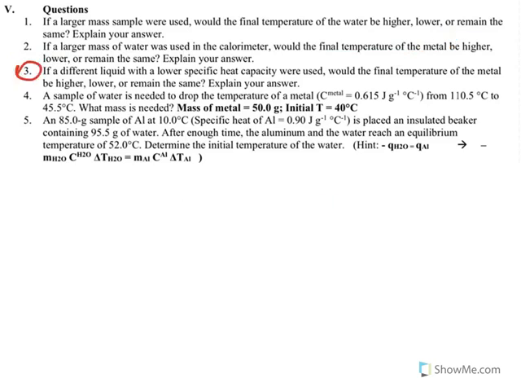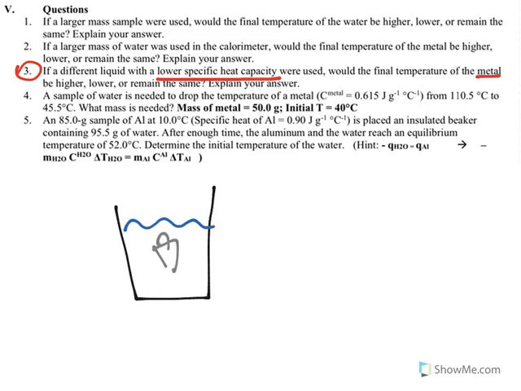If a different liquid with a lower specific heat capacity were used, would the final temperature of the other substance, or other liquid, be higher, lower, or remain the same? So in this case, you have your calorimeter, it had water in it, you threw your metal in there, right? Heat was lost, its temperature went up. So the question is, what if it was a different substance, a different liquid? Well, if it has a lower specific heat capacity,